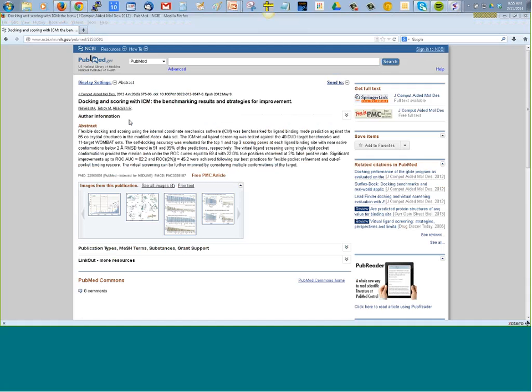Just had a question regarding pharmacophore models. The best way to build pharmacophore models is using atomic property fields. So in the presentation, we